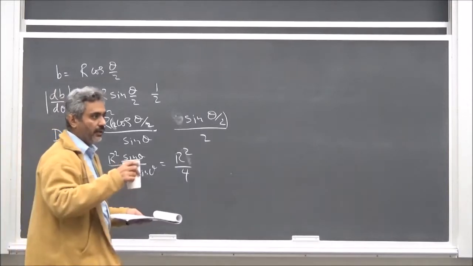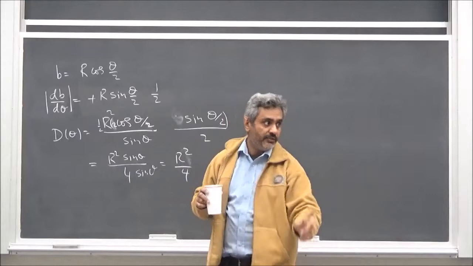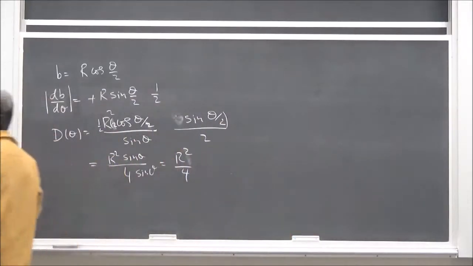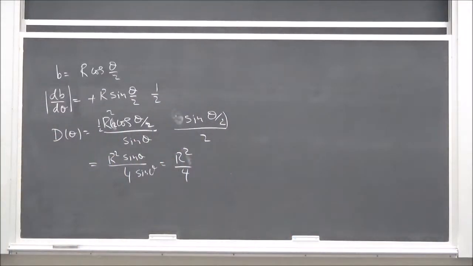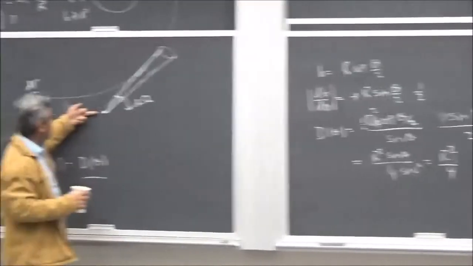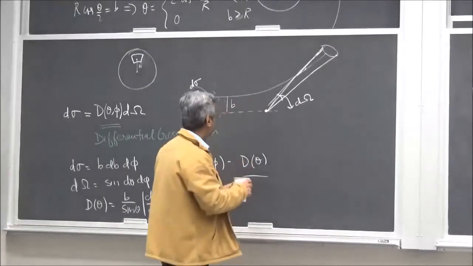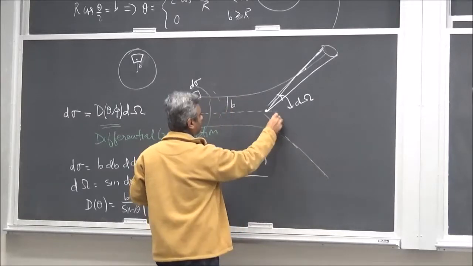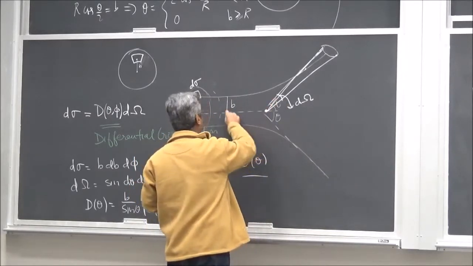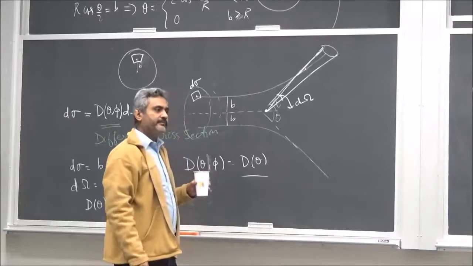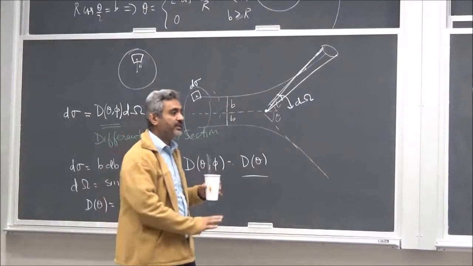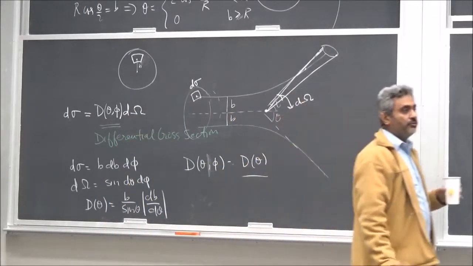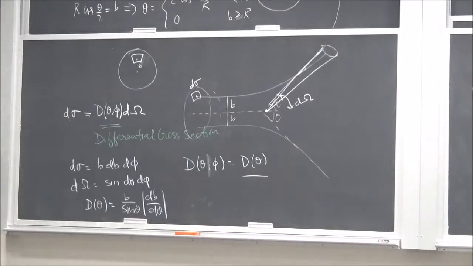नहीं, कैसे? b जो है उसमें कोई भी इंफॉर्मेशन डायरेक्शन की नहीं है। b अगर यहाँ पर हो या यहाँ पर हो या यहाँ पर हो, इट्स द सेम b। और इस लाइन के साथ जो भी एंगल बन रहा है, चाहे वो इस डायरेक्शन में हो चाहे इधर हो, ये वही θ है। ठीक है। तो ये इंफॉर्मेशन इसमें शामिल नहीं है। सिर्फ इतनी इंफॉर्मेशन शामिल है कि ओरिजिनल डायरेक्शन से किस डायरेक्शन में आप जा रहे हैं,